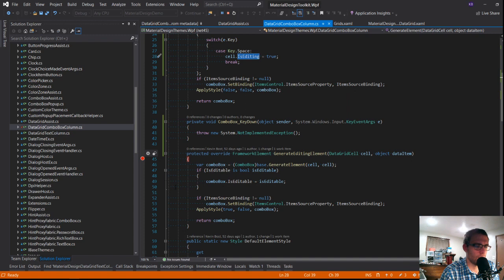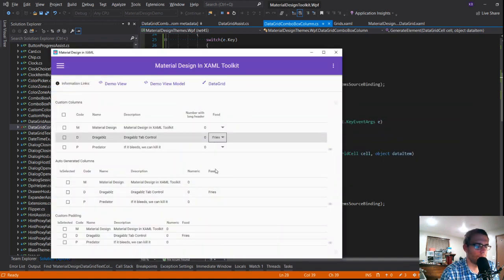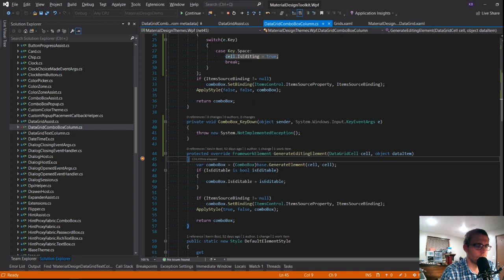Generate editing style. And this is building it up.